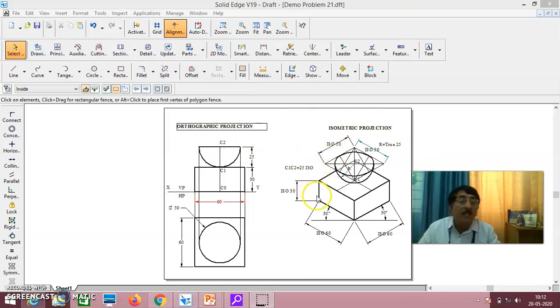I am telling you again, in this session, orthographic projection will be given. Looking at the orthographic projection, you should draw the isometric projection. Did you follow? Looking at the orthographic projection, the bottom solid is 30 height and 60, that means it should be a square prism of side 60 and height 30. Top is hemisphere, that is semicircle and circle. It should be a hemisphere.